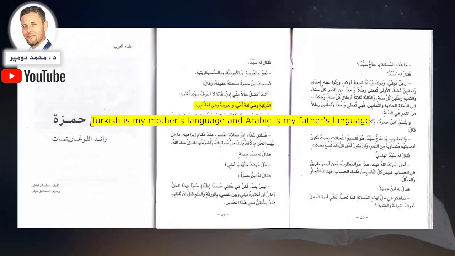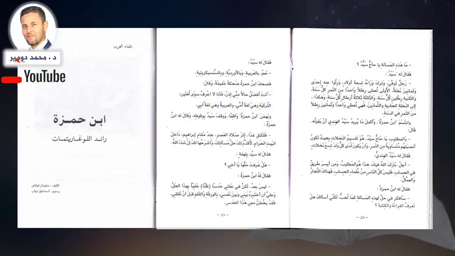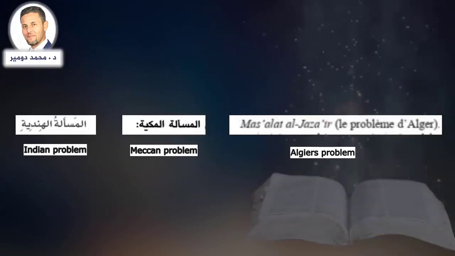Lastly, we read in this book a discussion between someone from India and Ibn Hamza. We will talk about this discussion next. Ibn Hamza confirms through the discussion that he speaks Arabic and Turkish, as his father is Algerian and his mother is Turkish. And in regards to the Algiers problem, which is also called the Meccan problem or the Indian problem,